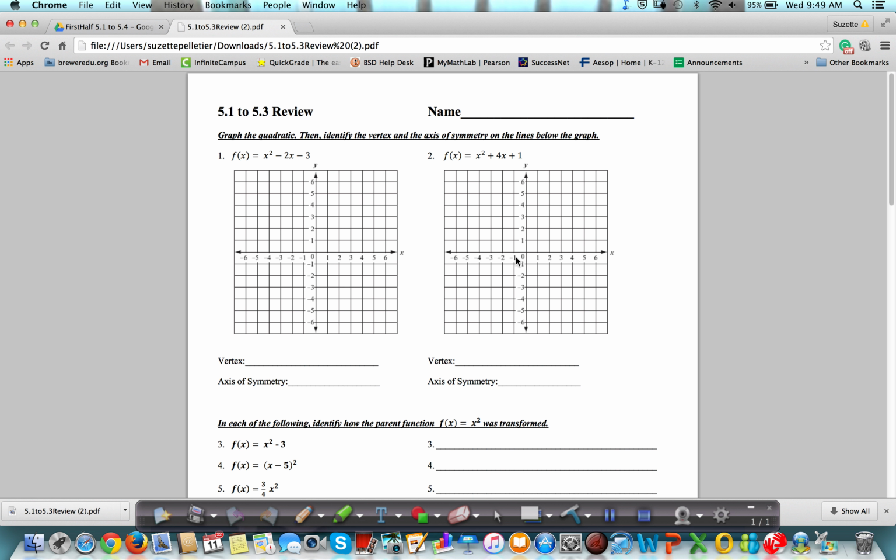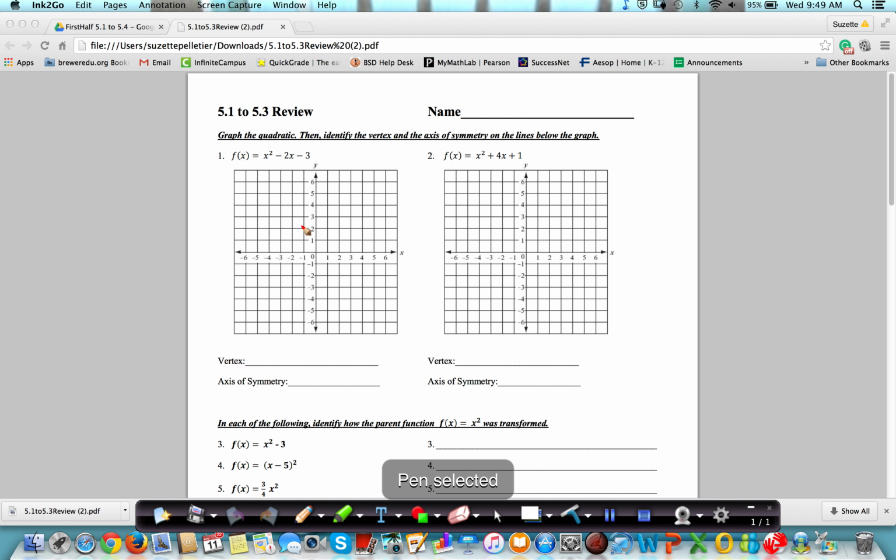Here is the 5.1 to 5.3 review for your quiz. The first two questions are all about graphing quadratics. You'll notice that both of them are in standard form. So we're going to just go ahead and start off with everything that you always start off with when it